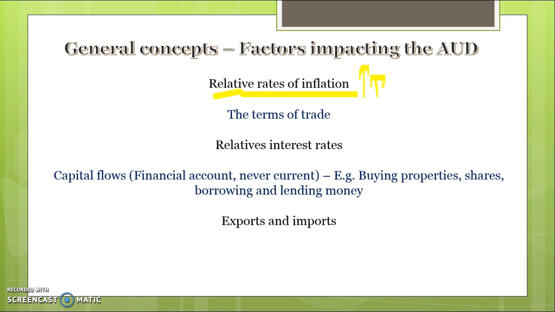The terms of trade, key things with the terms of trade, state that it's the price of exports as a ratio compared to the price of imports. When the terms of trade is higher, given that the demand for particularly our commodities is inelastic, it means that there's more overall demand because there's a higher value of exports. So we sell a similar quantity at a higher price, therefore they exchange more of their currency into ours, therefore the dollar goes up. Relative interest rates, this is the big one at the moment.